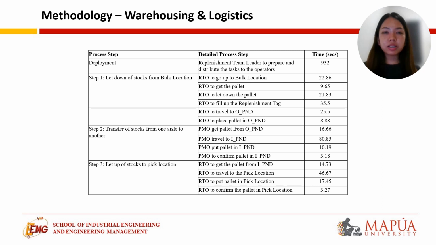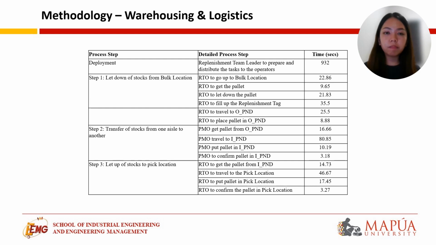A time and motion study was conducted among 30 samples. Shown in the slide is the step-by-step process of warehouse replenishment, along with the average time it takes to complete each step. The warehouse replenishment process is a three-step process which starts from the removal of pallets in the bulk location or storage racks to the placing of these pallets in the pick phase, ready for picking and dispatch